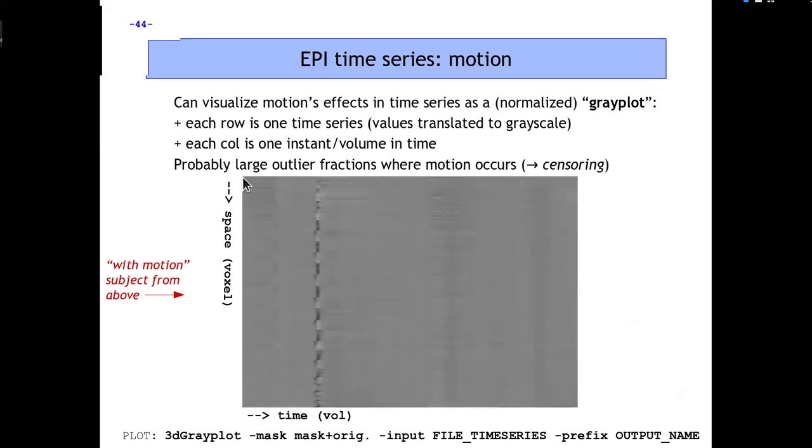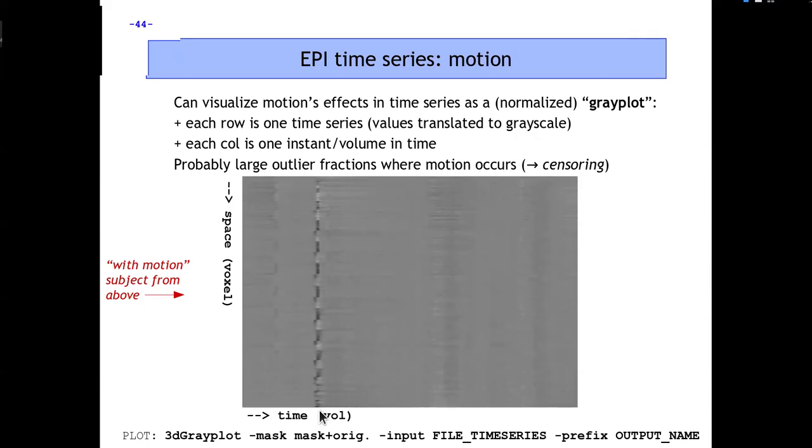And what I'm doing is imagining one voxel here and looking at it across time, but I'm looking at how its grayscale value goes up or down, so white and black, instead of going up and down physically in a plot. I don't know exactly where every voxel is in space, but I'm just trying to see, are there any global patterns? And indeed, at a given point in time, sometimes I see a big set of up and down changes in the time series, in the sense of the voxel value moving to white or black